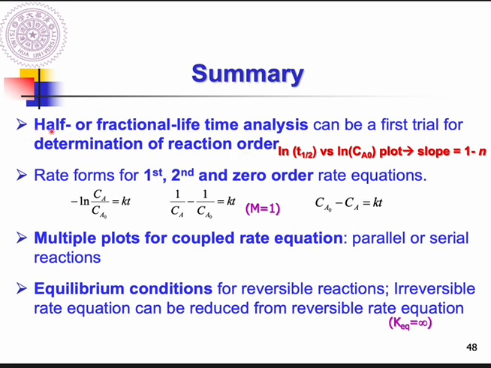And this is a differential method. And the other method we call an integral method. In that method, we showed you how to derive the particular form for first, second, and zero order rate equations. And as long as you have these particular forms and you input the concentration of reactant A as a function of time, then you can check whether your reaction of interest belongs to first, second, or zero order reactions, or none of them. Okay, so the integral method can only deal with these three